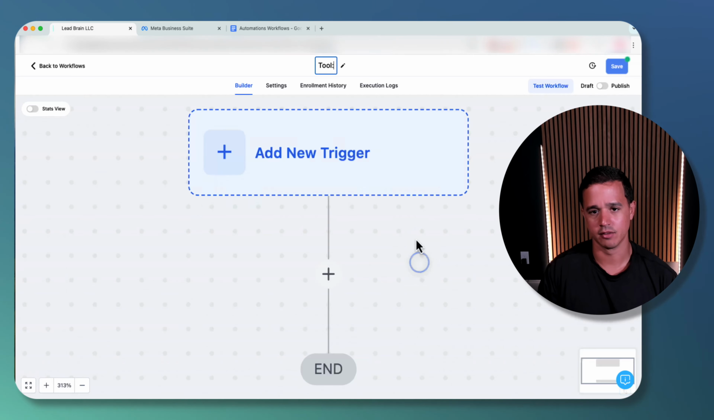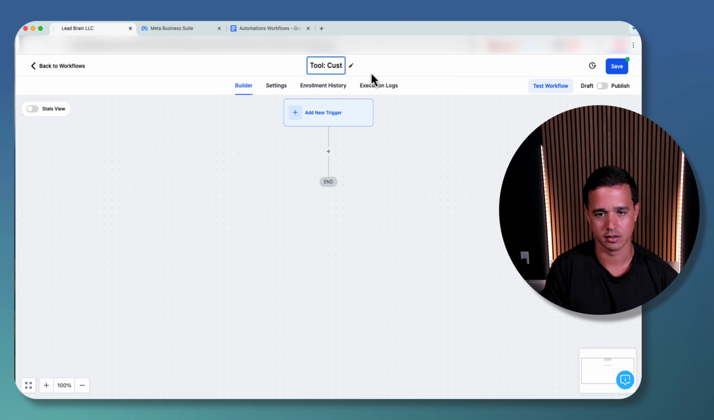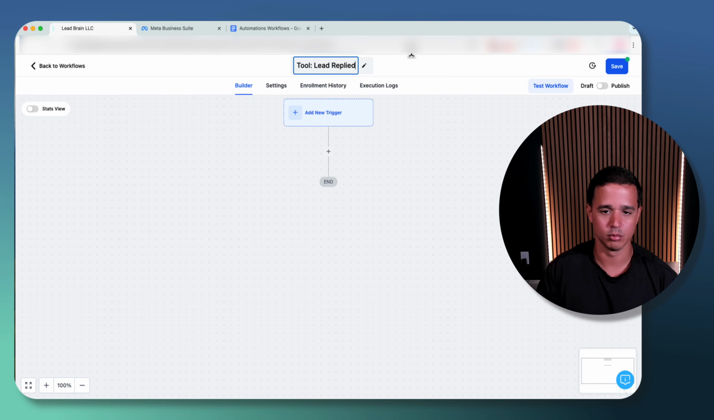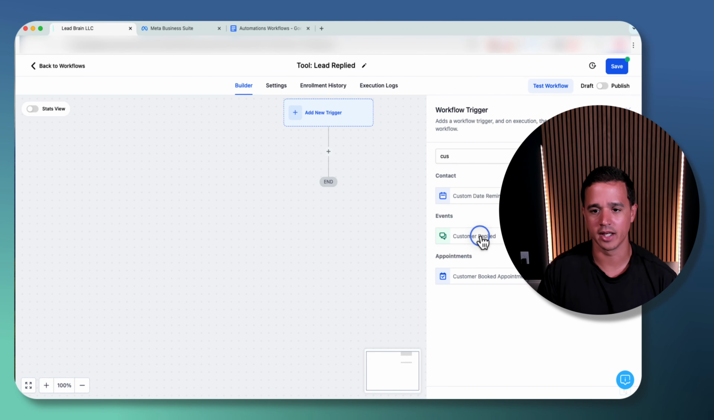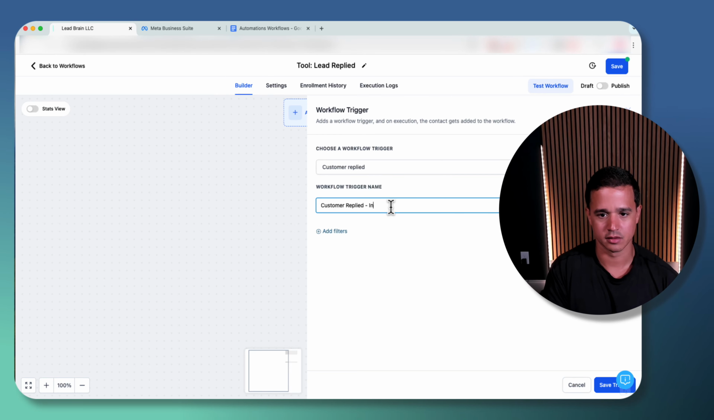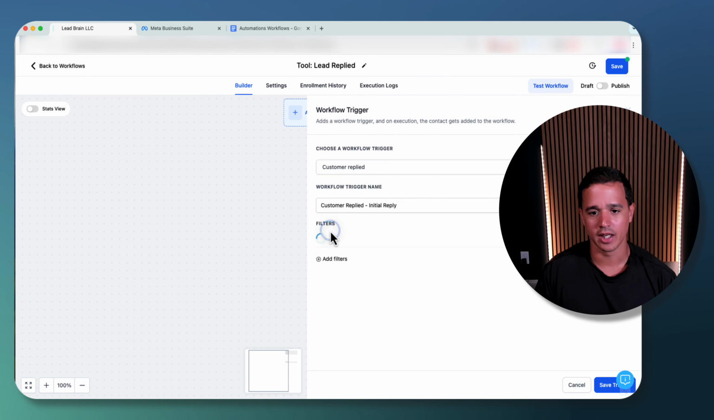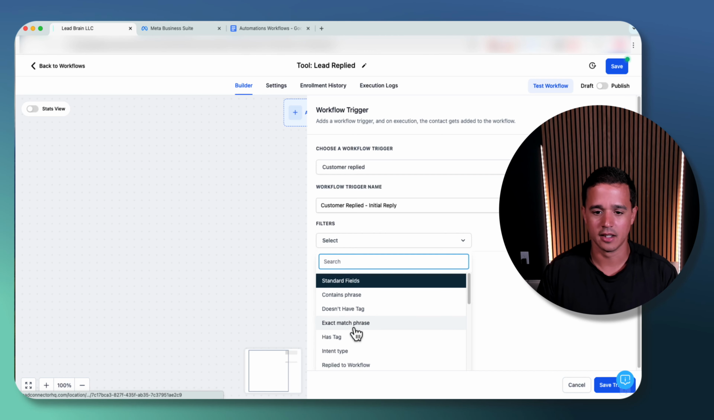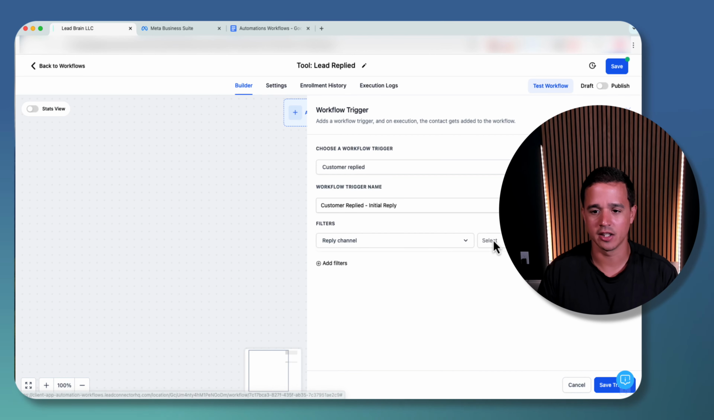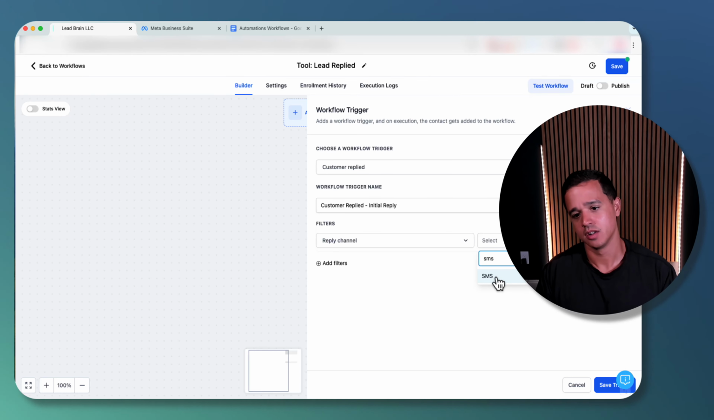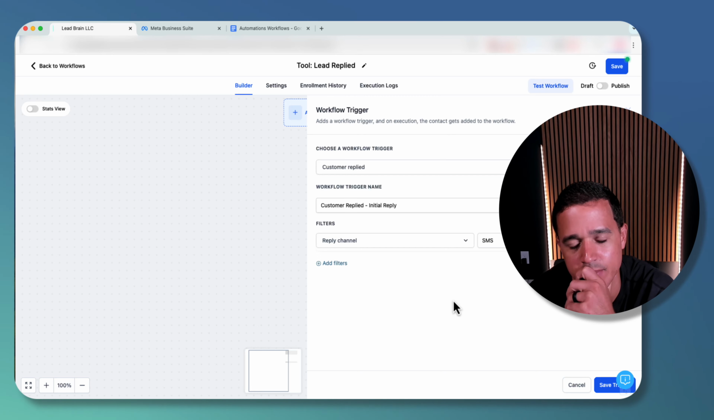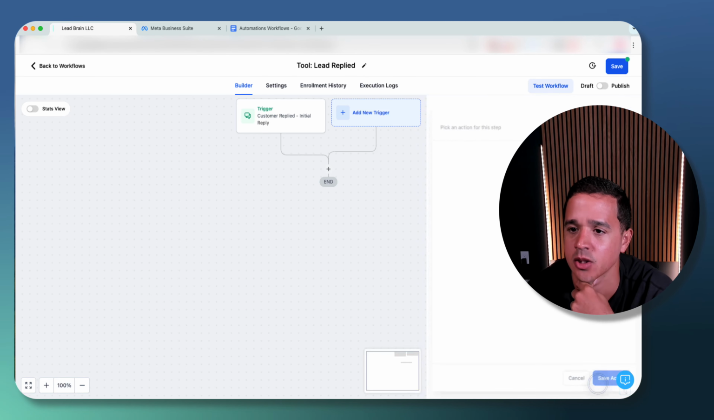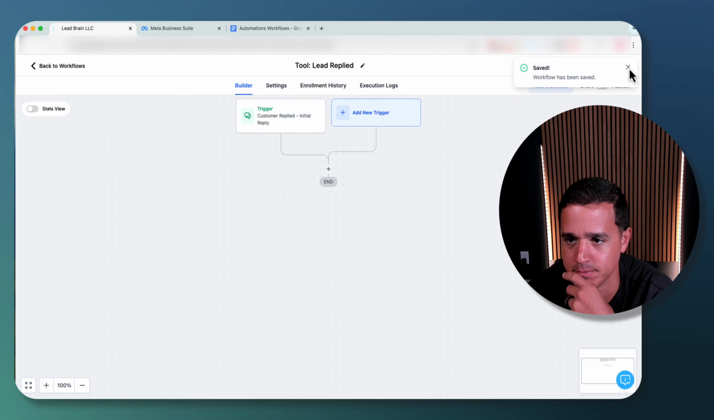Let's get this out of our face. Let's call it lead replied. That's more appropriate. And then in the trigger, we're going to say, look for customer replied event. Initial reply. And we're going to add filters, and we're going to say, let's see, reply channel, SMS. So if somebody replies via SMS, let me think about that for a second. Yeah. So if a customer replies via SMS, because we're going to be texting them,